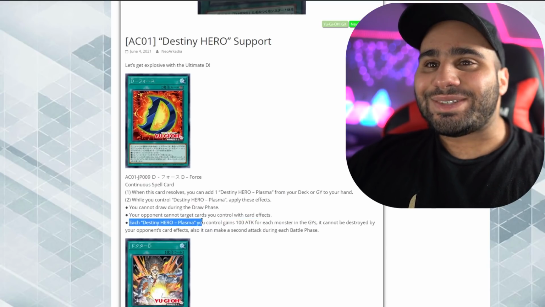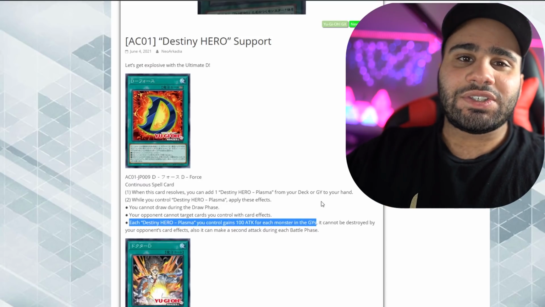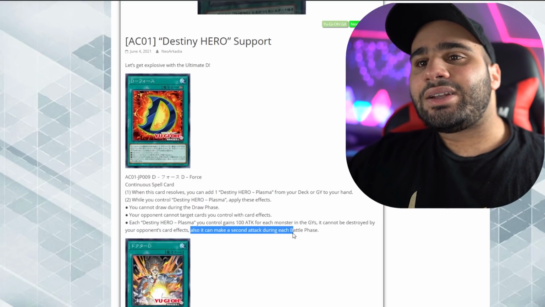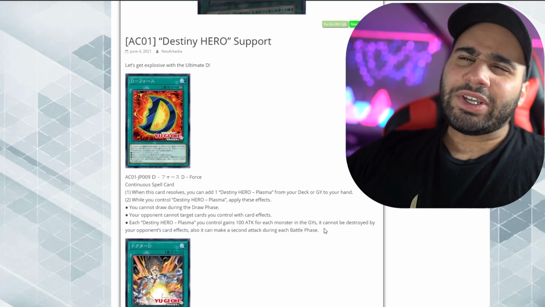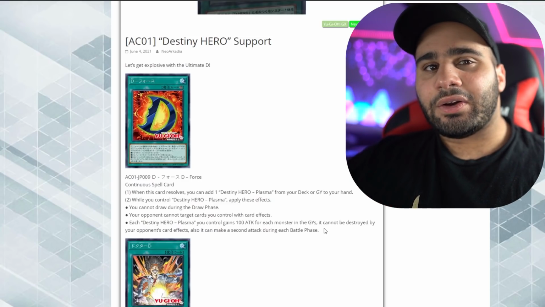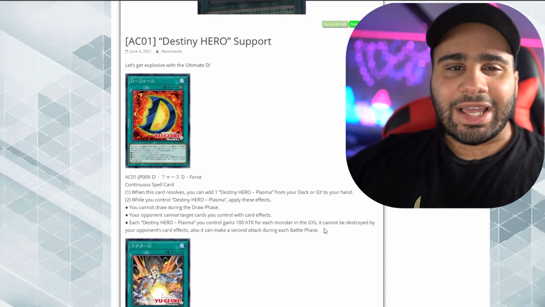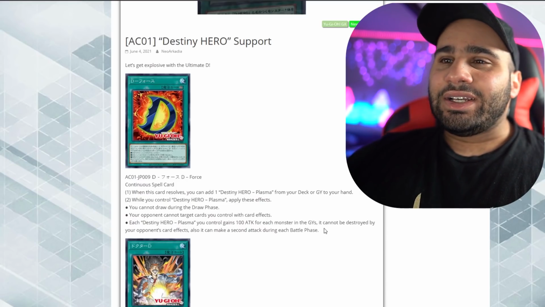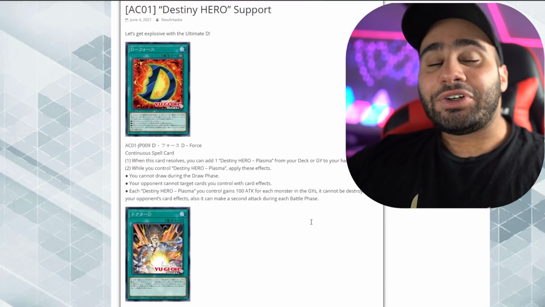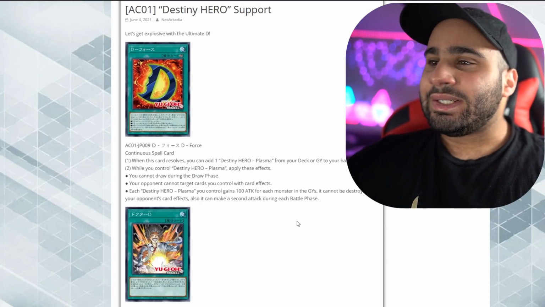Each Destiny Hero Plasma you control gains 100 attack for each monster in the graveyards, so even your opponent's graveyard. It cannot be destroyed by your opponent's card effects, and also it can make a second attack during each battle phase. Just try to imagine having a Plasma that is like a Skill Drain that cannot be targeted or destroyed by card effects. You might be laughing and saying, oh yeah, Plasma is like an old card, doesn't have any competitive value. Just Skill Drain in general has competitive value, so yes, Plasma, if it could ever see play in a legitimate way, it's going to be pretty big, but obviously...